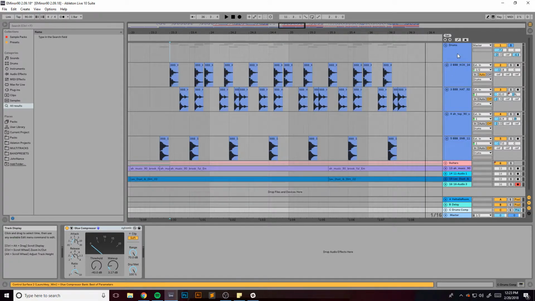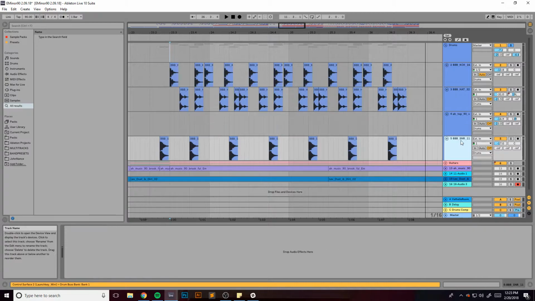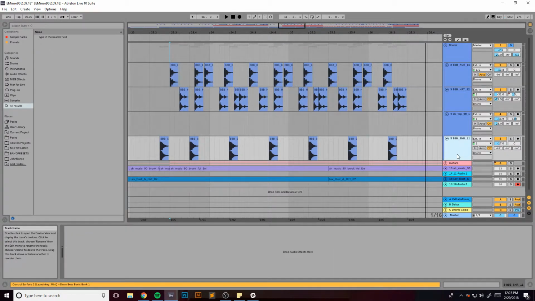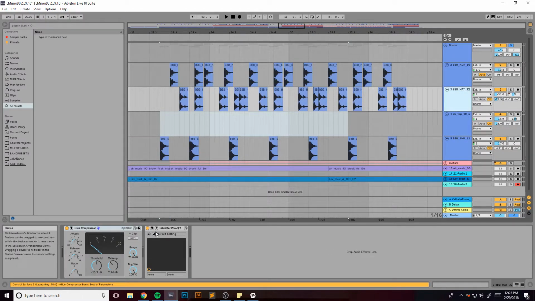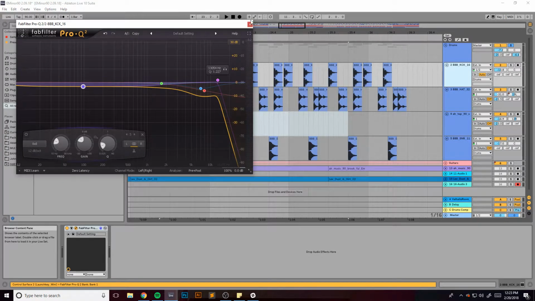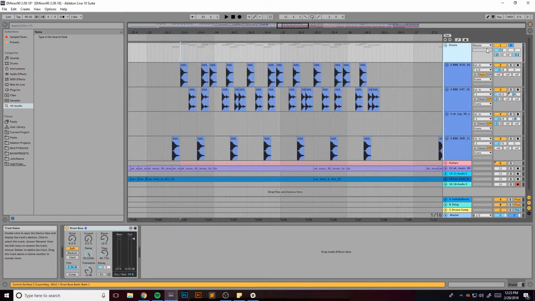So what this is, these drums are being super lightly processed on their own. The snare has literally nothing on it. This isn't even playing right here. The hats just have a little bit of compression, a little bit of EQ, and the kick just has a little bit of EQ. So what I'm doing is I have these soloed out drums, and without the parallel processing,